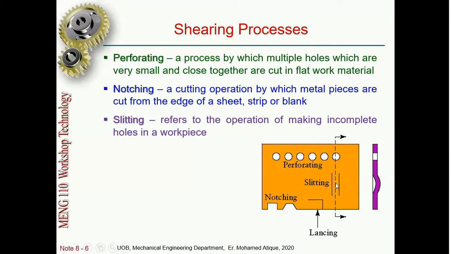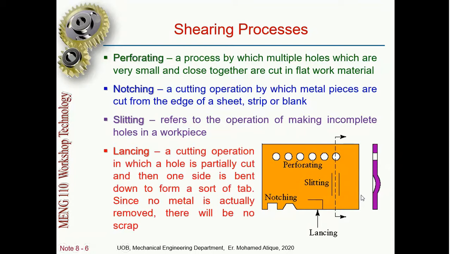Now slitting. See here, in slitting we are not cutting it, we are just making a little bend. Okay, we are not cutting the metal, we are just forcing the metal a little so that it comes a little out, and a little part, see here, gets bent. That is slitting. Lancing, we have seen, we are not cutting it completely, it will be cut from 3 sides and bent from the 4th side.